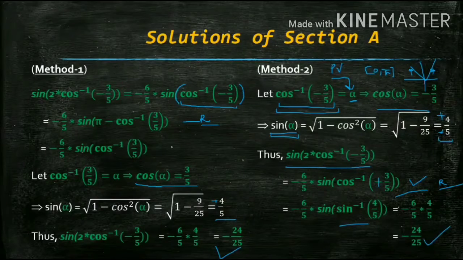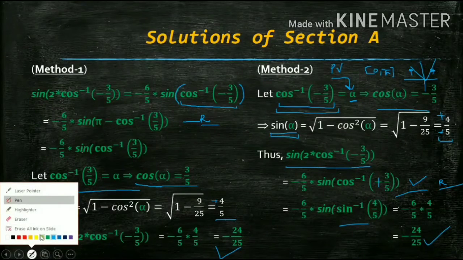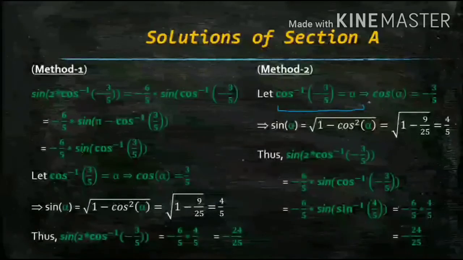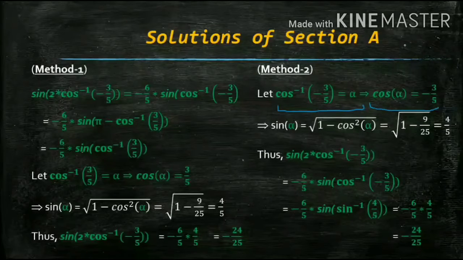Now coming to here. Here when I am taking this thing as alpha, this is again the principal value. Okay. One mistake I have made. Right now I have made just one mistake. If anyone could tell me, that would be great. Look at this expression. Yes. Cos of alpha is negative. You know that cos is negative in the first and the third quadrant. Sorry, in the second and the third quadrant. Right? So alpha belongs to either this or this.